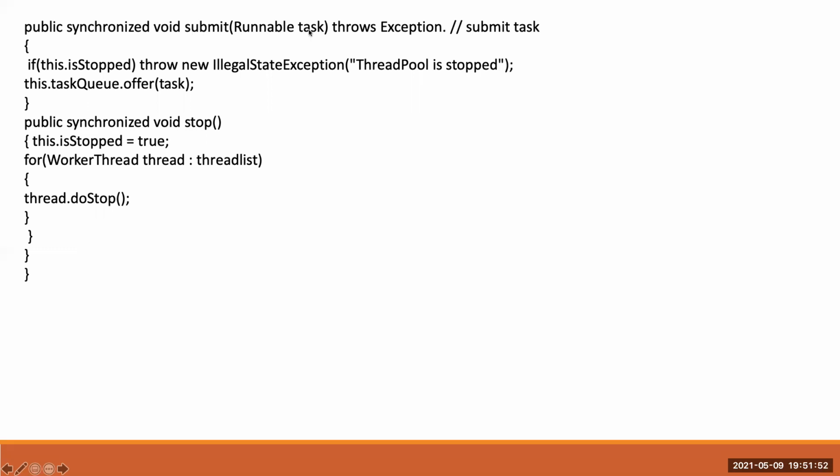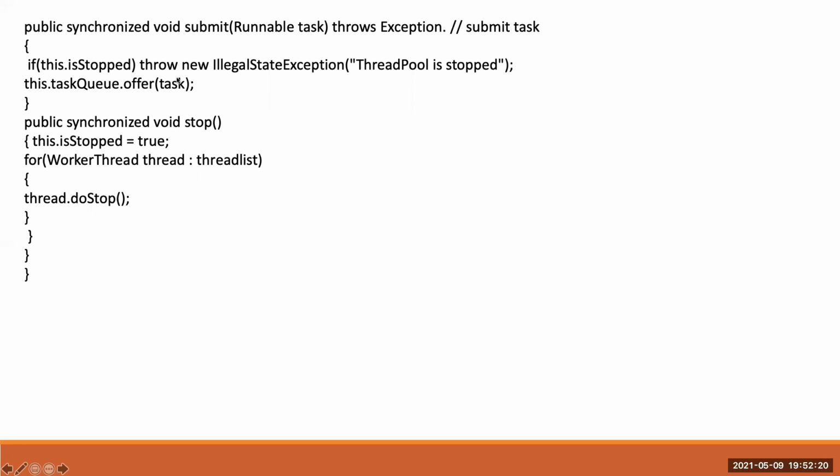It will accept a runnable task and add it into the task queue, which is nothing but the blocking queue. In the blocking queue, I'm adding the task by using the offer method.